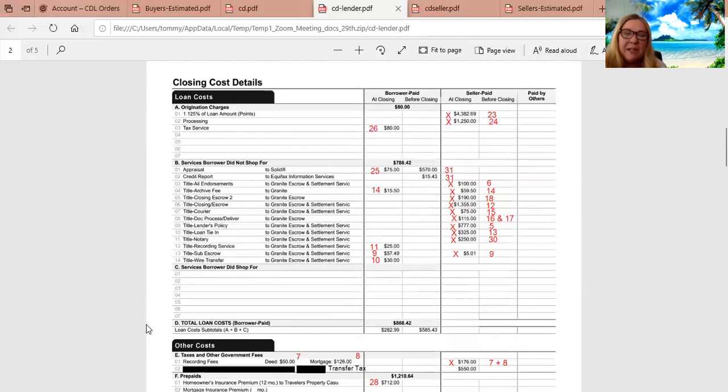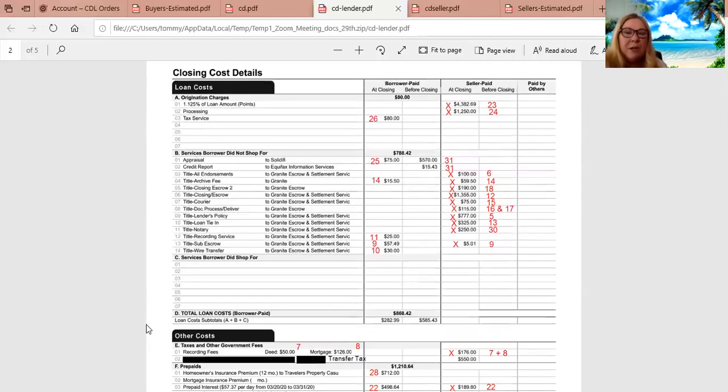And you'll see that we have in here processing fees, tax service, all of these fees are basic. In the CD, they have title. I want you to see this too. Title and escrow are all in one category. We're considered to be in their section B. All of the title and escrow fees are going to be in that section. If it runs over, which it did in this case, I want you to go back down to the